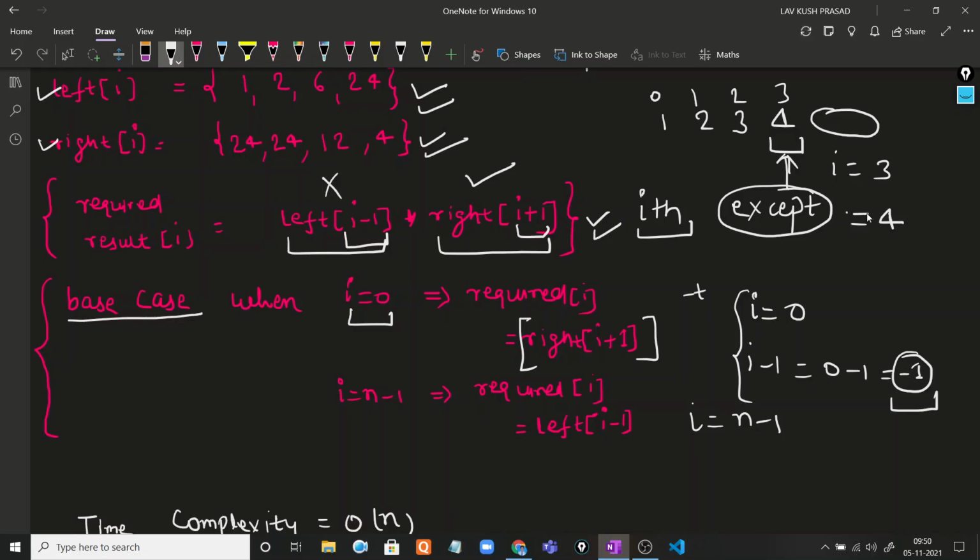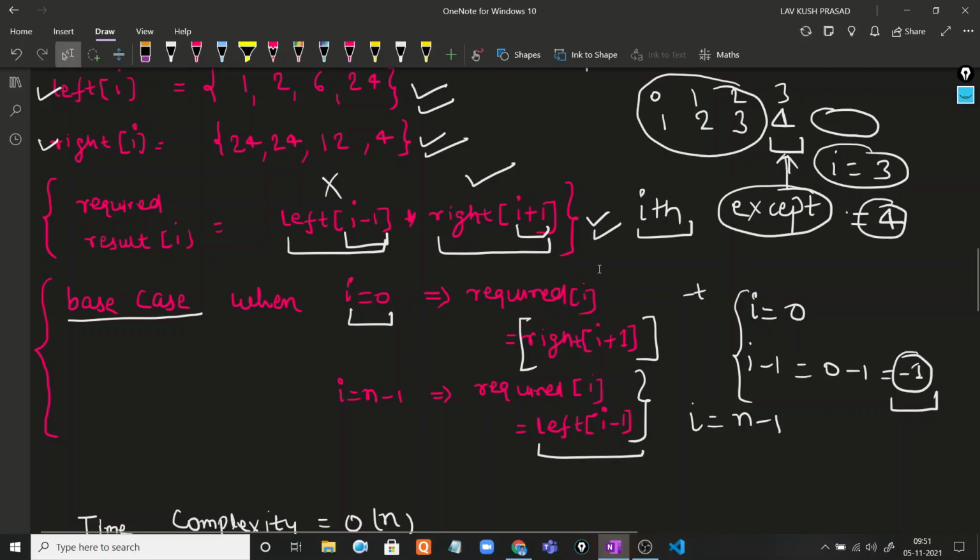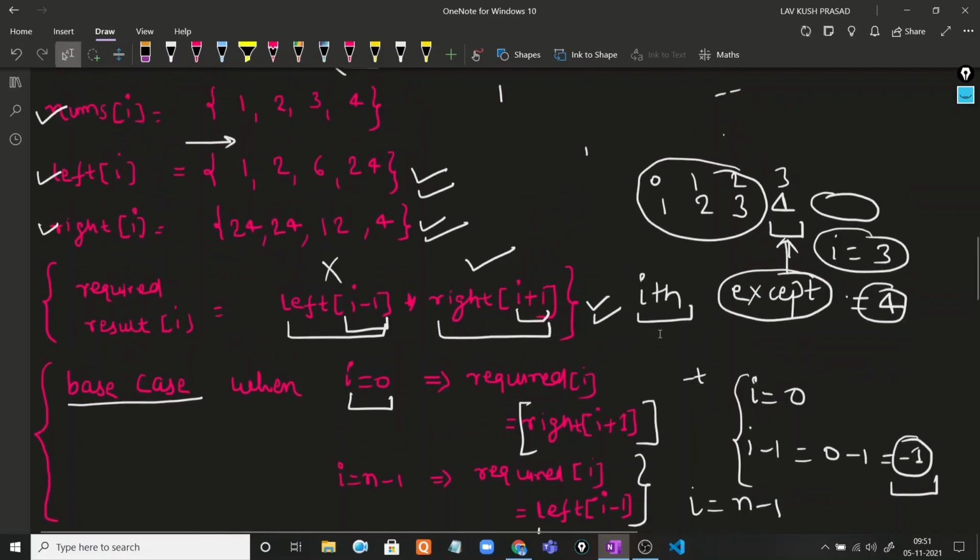If i plus 1 is 4, it is out of boundary and gives an exception. So to avoid this, if i is equal to 3, we calculate only the left part. That's why we include the base case. Here the base case is left[i minus 1].